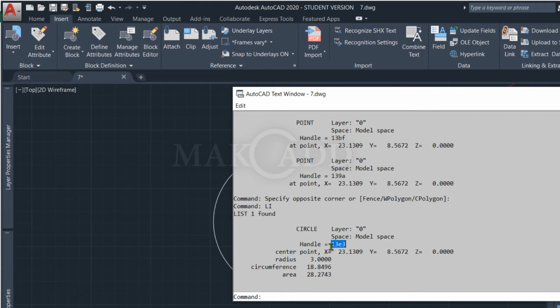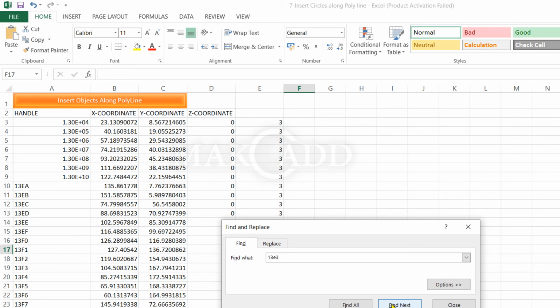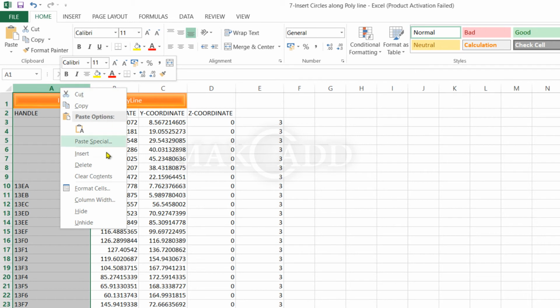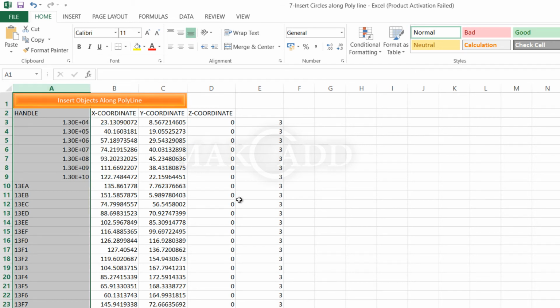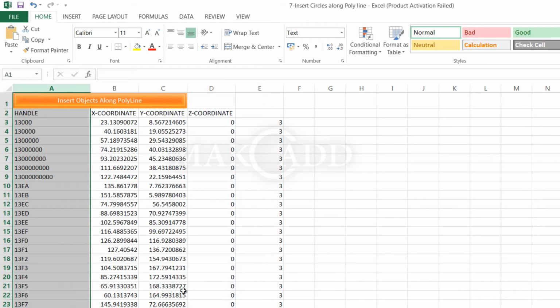It is 13E3. Just format this one as text. Yes, 13E3. This one.